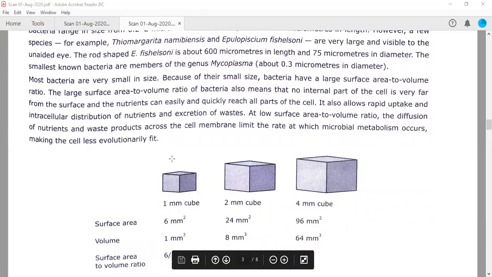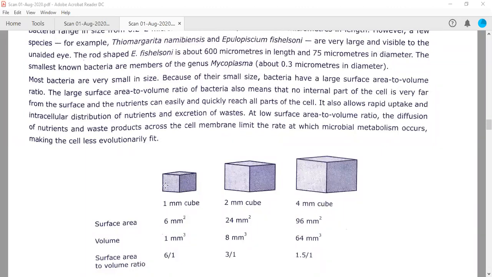Okay, so suppose there are three cubes. This one has a side of 1 mm, this one has 2 mm, and this one is 4 mm. You can think of this cube being fitted inside this particular cube, and this cube being put inside this cube. Okay, so the same is the case with the symbiotic association, or endosymbiotic association, in the case of mitochondria and